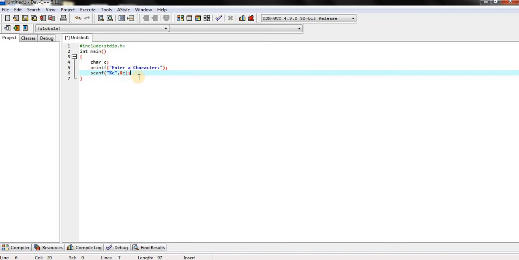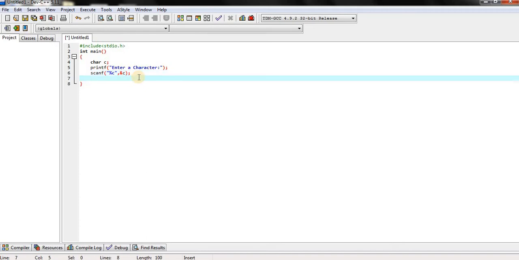End the line with a semicolon. Press enter and we show the output information on the screen with the help of printf.